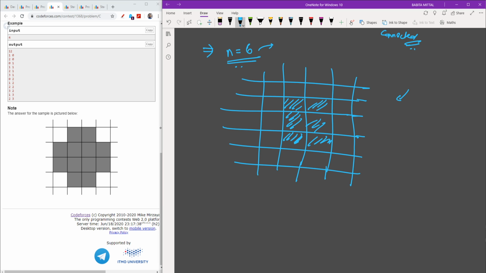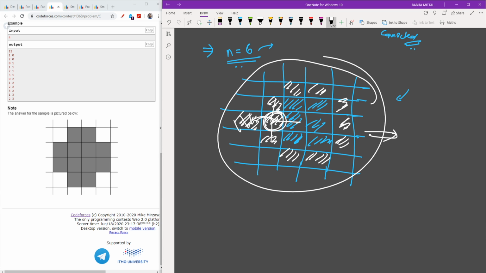But then you will say that I need all these 6 to be surrounded by gray cells. So I will make these cells gray as well, and this one gray as well, and this gray as well. Okay, but as you can see, the cell which is this one has an odd number of neighbors, so I need to place another cell which is here, but it will have an odd number of neighbors as well. So if you think like this, it will not result in the solution.